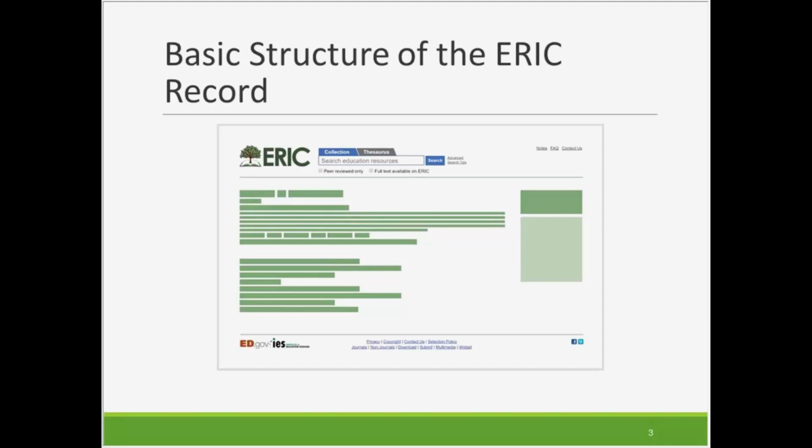As Erin said, first we'll look at the various fields that provide a description of the content. Then we'll move to the fields that help give you access to the full content, or the full text. Third, we'll identify the fields that act to refine further searches that you may do. And the last fields we look at will show the newer fields tied to IES resources. We're going to go live to ERIC